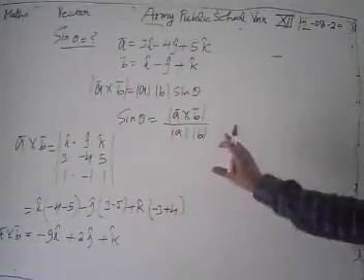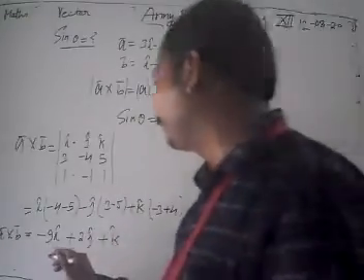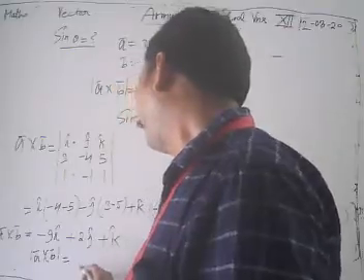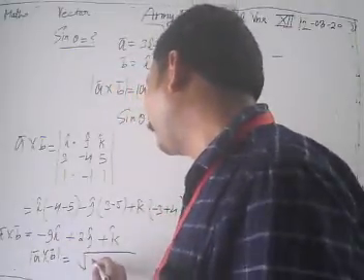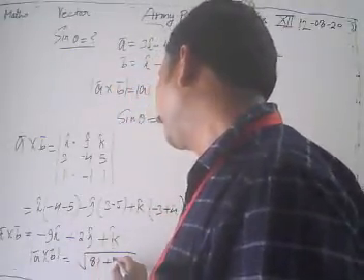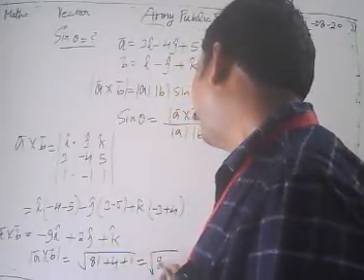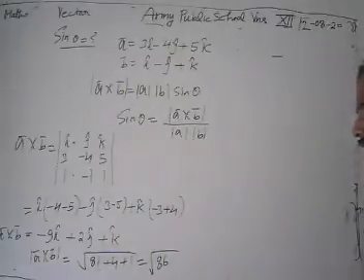Now to put in the values there, we need a magnitude. Then what is the magnitude of vector A cross B? How can we get it here? It's the square root of minus 9 squared, 81, plus 2 squared, 4, plus 1 squared, 1. What do we get? 81 plus 5, square root of 86. We get the value of modulus A cross B as root 86.